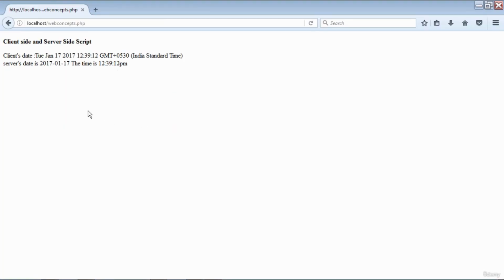So there you go, the server is running and I have given the URL as webconcepts.php, client side and server side script. This is the HTML text that is being displayed. This is the output of that JavaScript that I was talking about, and this is the output of the PHP